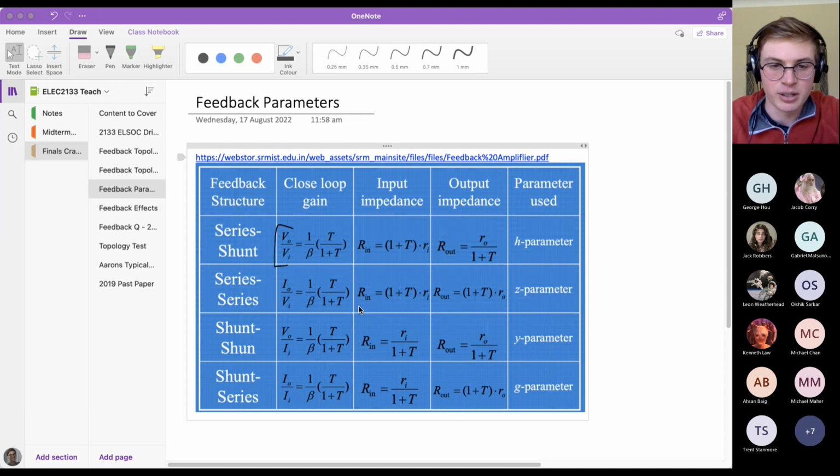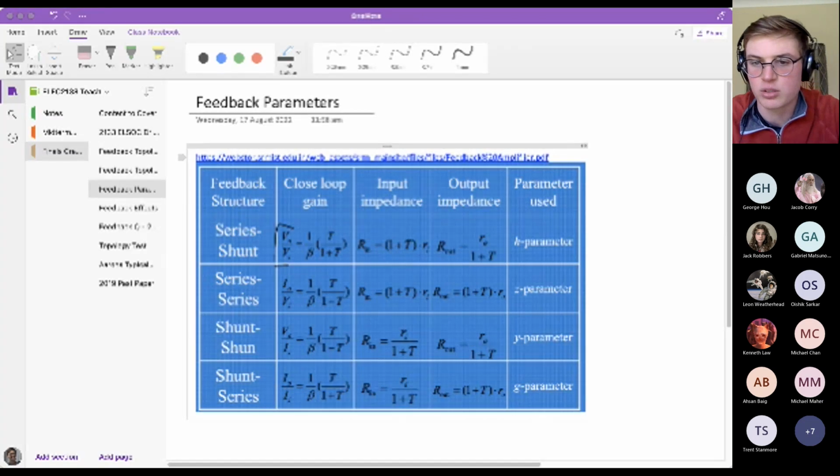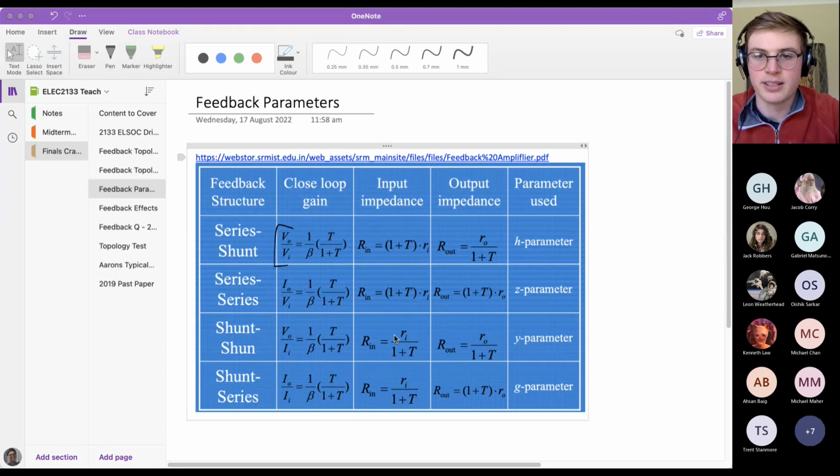So you've just got to be able to read things with a grain of salt, but with that in mind. They're saying that it's just the negative of the open loop gain, I think. Yeah, I'm not sure. Essentially, all I really care about is the parameters there. The rest of it